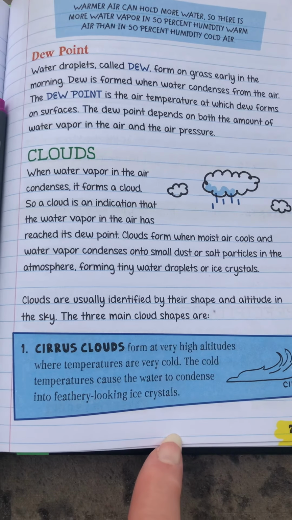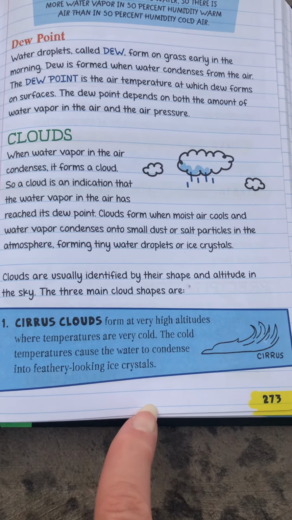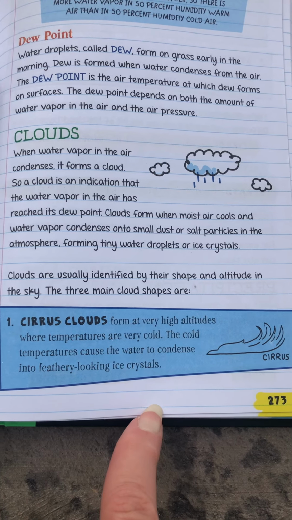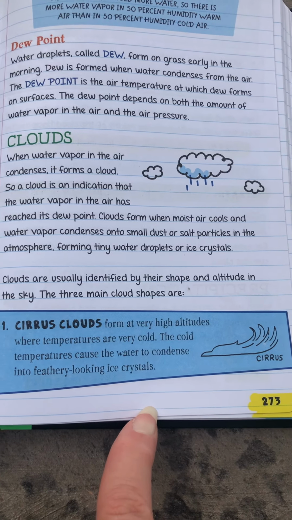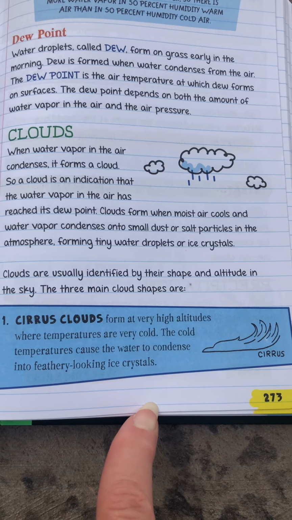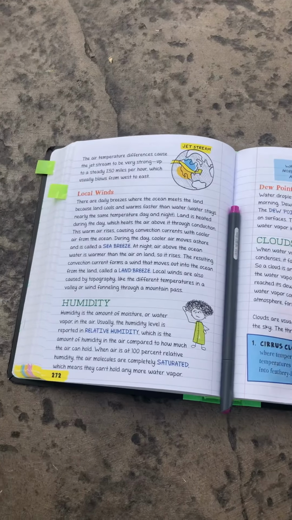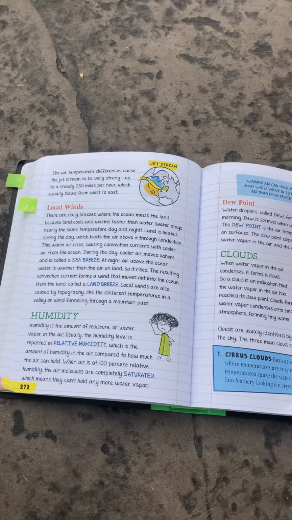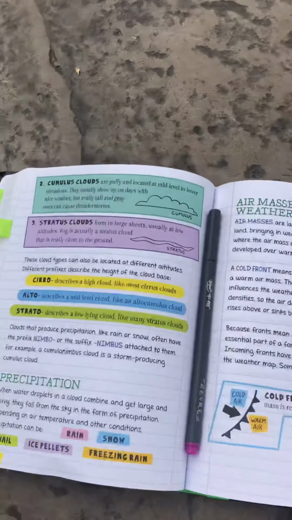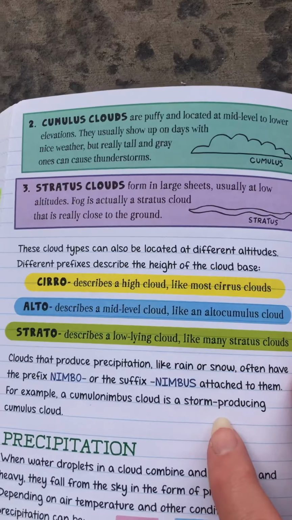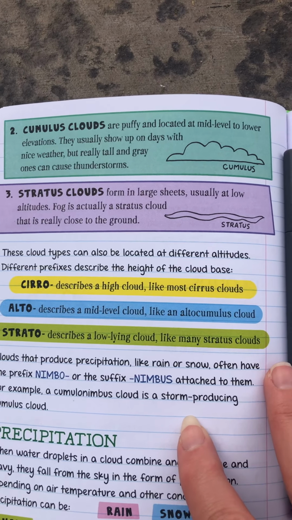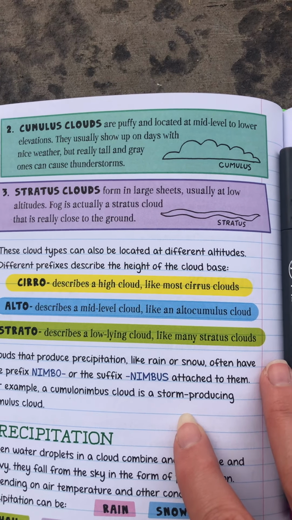And the three main types are the cirrus cloud, and they form at very high altitudes when the temperatures are very cold. The cold temperatures cause the water to condense into feathery looking ice crystals. And then if we flip the page here, we have the other two. There is the cumulus clouds. These are puffy and located at mid-level to the lower